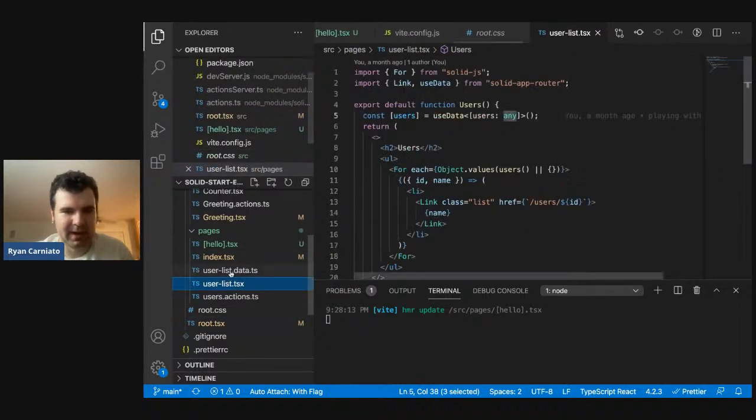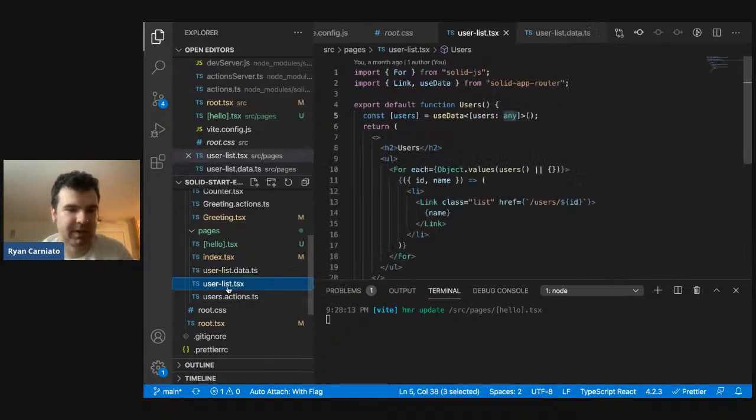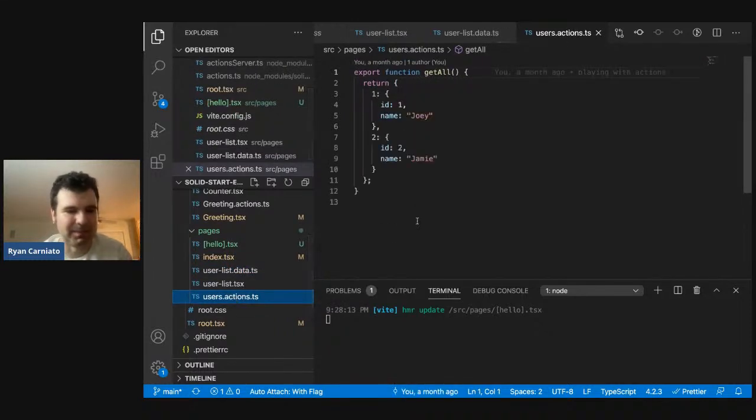So I made this user list and user data thing, which is our kind of trick for code splitting, because the data gets part of the main package and then the list gets part of here, and this way we can kind of parallelize things. But one thing I've been playing around with is, what would be cool if we just had functions here? One thing I haven't decided on yet is this idea that if you use this actions extension, like .actions.ts, and I haven't finalized on this, you can actually just write a function